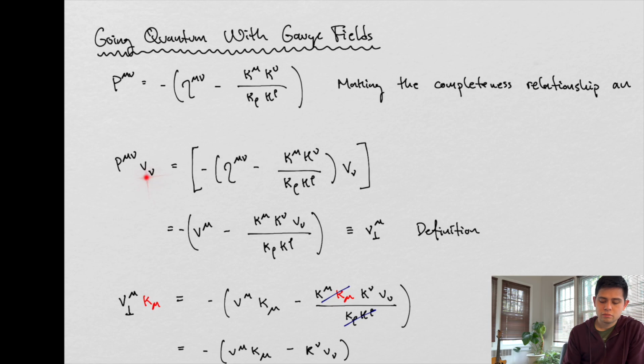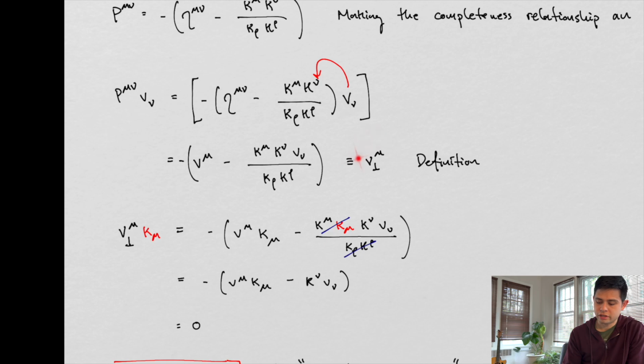So when this arbitrary vector is applied to our P mu nu, let's see what happens. Here's our P mu nu, and we're applying it to our V, our arbitrary vector. When we apply it to the Minkowski metric, this is just going to be some index contraction. And when we apply it here, this just comes into the brackets, putting it right here. By doing that, we are going to call this thing a new arbitrary vector. You might think, okay, two arbitrary vectors, what the heck's going on? Well,